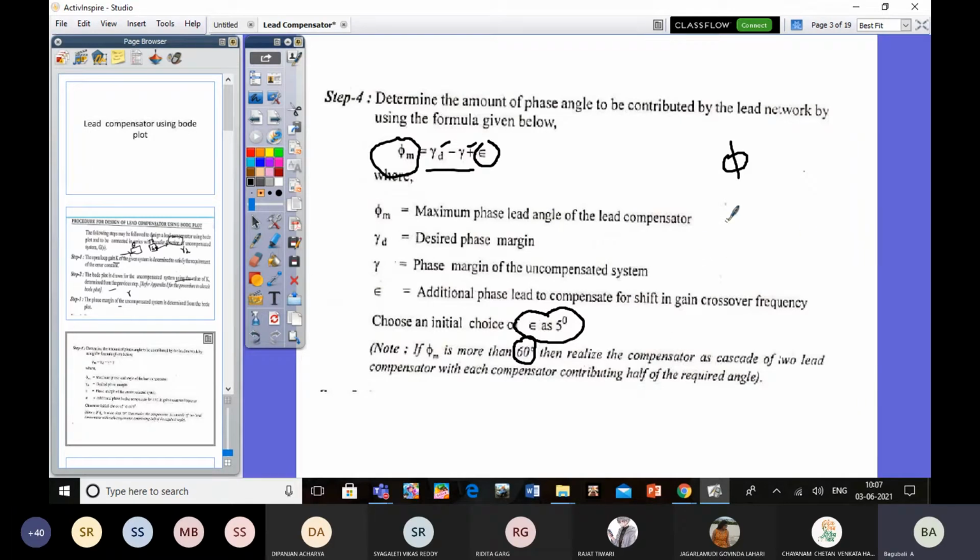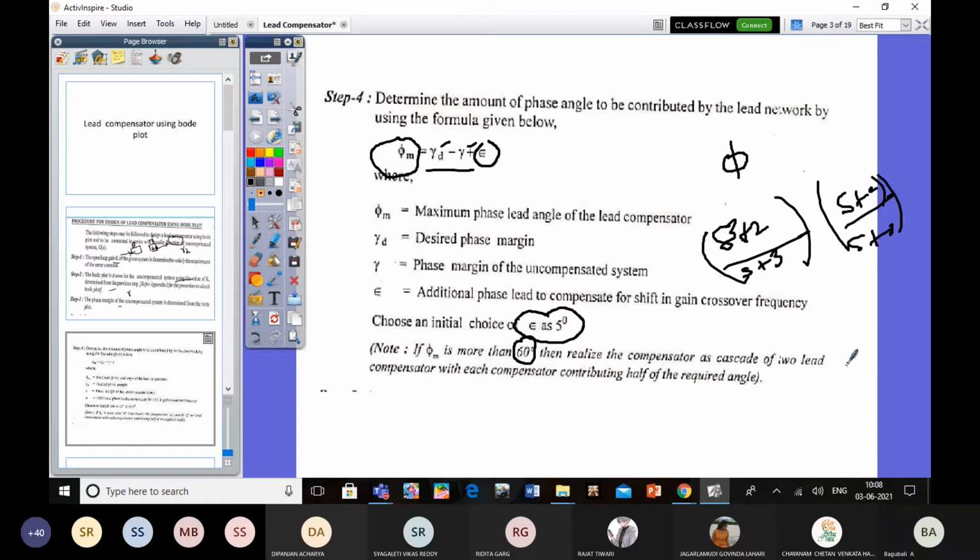Suppose the transfer function for 30 degrees is (s plus 2) divided by (s plus 3). For example, I am saying. So these two, s plus 2 over s plus 3, you connect in series for two systems, because one is for 30 degrees and another is for another 30 degrees, connected in cascaded form. Do you understand what I said? Able to follow? My dear students, acknowledge, don't be silent.